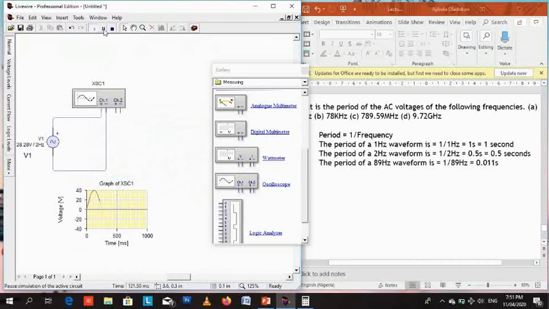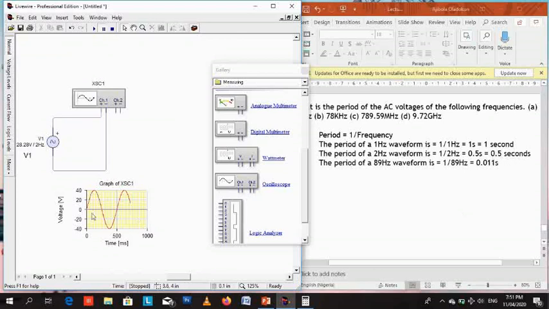One complete cycle was formed in 0.5 seconds, which is also 500 milliseconds. So you have one complete cycle in 500 milliseconds or 0.5 seconds for a 2 hertz frequency AC signal. So the period is 0.5